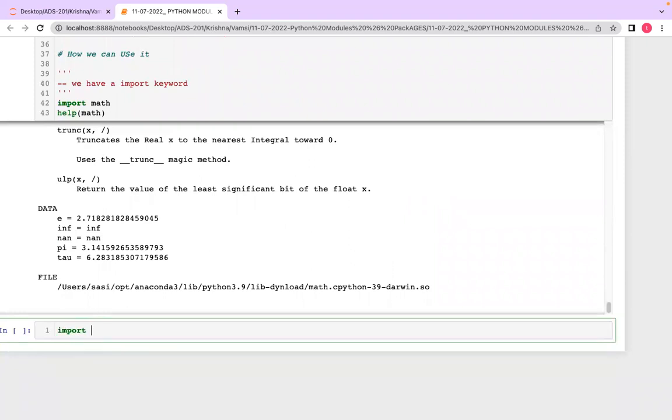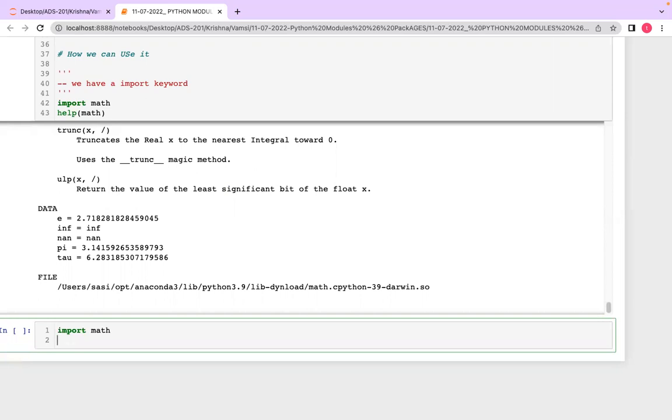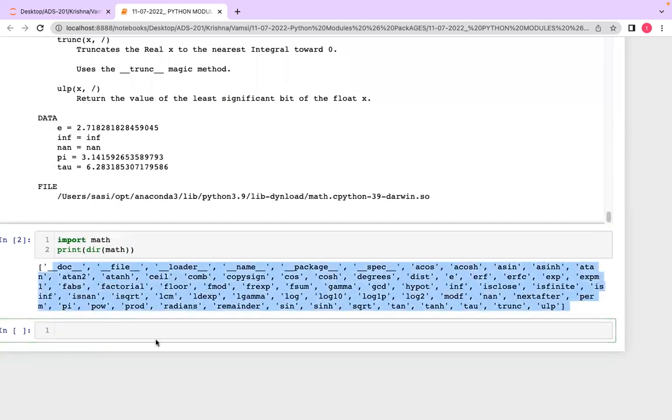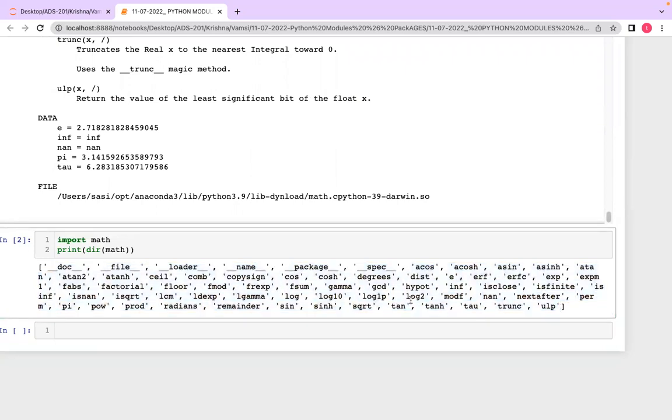I want to look only at function names or functionality names. Simply we can use dir of math, the module name. This is the module which contains all these kinds of functionalities. For example, when I explained functions and control statements, I explained the factorial, right?